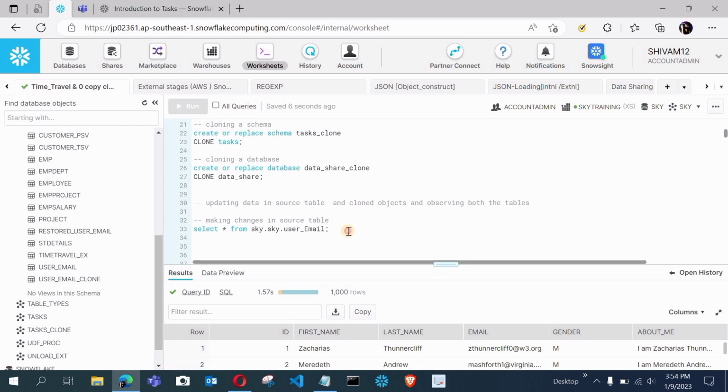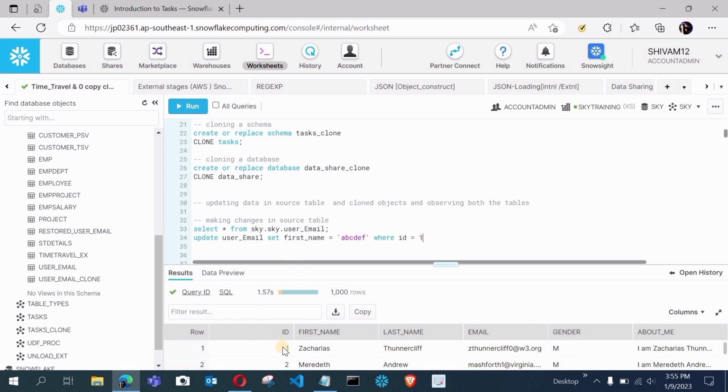Now let me update some record here. Update user email, this is my table name, and we are just updating the first name, which is Zacharias. Let me set first underscore name equals to ABCDEF, where ID equals to 1.